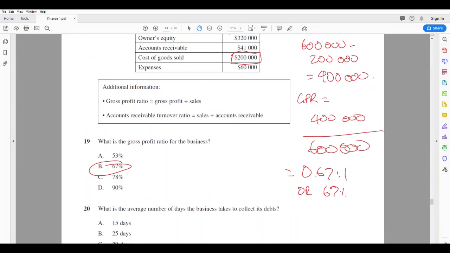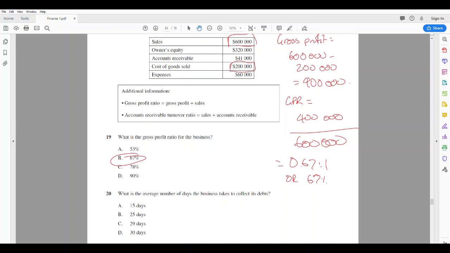Now let's do question 20. This is asking for the number of days the business takes to collect its debt. The accounts receivable turnover ratio will give you the ratio in and of itself, but we could use that number to divide 365 to get the days. So let's start. Let's get the ratio. Our accounts receivable is 41,000. So summing it in, it's 600,000 divided by